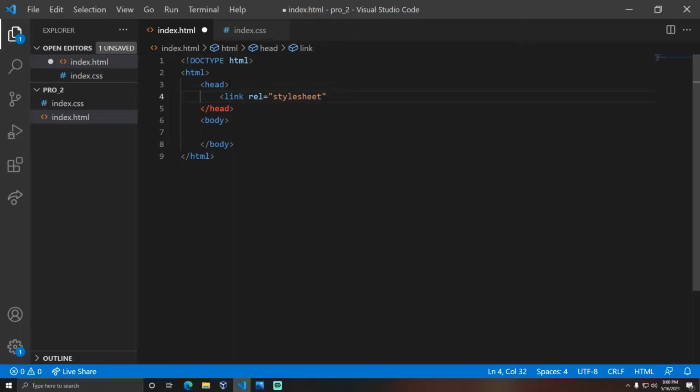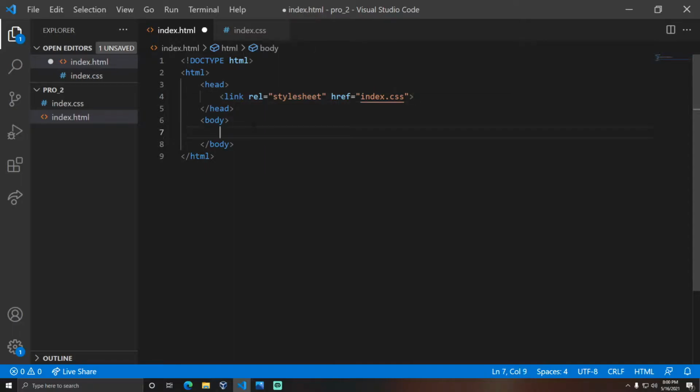And here we mention the file name using the href attribute. In our case it is index.css, as I created here, and as this is a void element, it doesn't contain any closing tag.